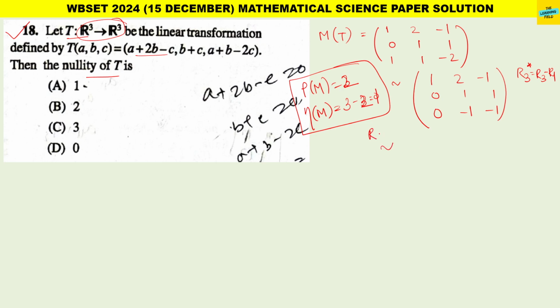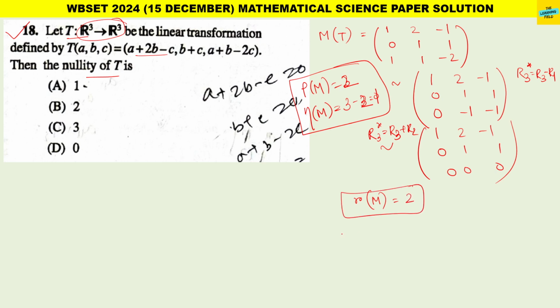Now simply, R3 star equal to R3 plus R2 gives 1 2 minus 1, 0 1 1, 0 0 0, and clearly the rank of this matrix M is equal to 2. That means the nullity of M is equal to 3 minus 2, which means 1. Fine. So the nullity of T is equal to 1. Next,